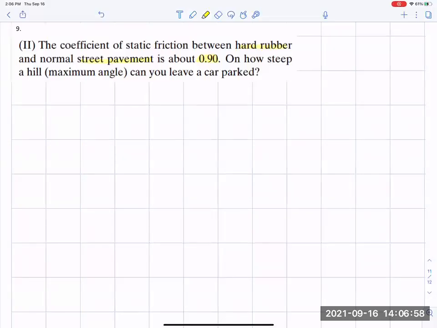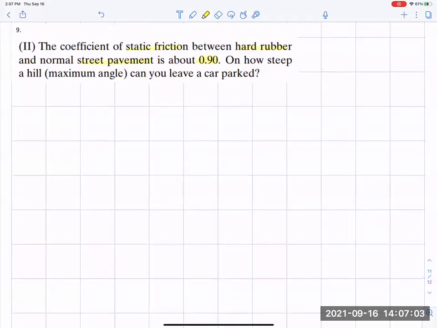All right, so let's look at this problem. The coefficient of static friction between hard rubber and a normal street pavement is about 0.9. And you are asked to find how steep the maximum angle is that you can leave your car parked on. So for that, first of all, let's put what is given. So it's mu s, it's 0.9. And you are asked to find theta max,